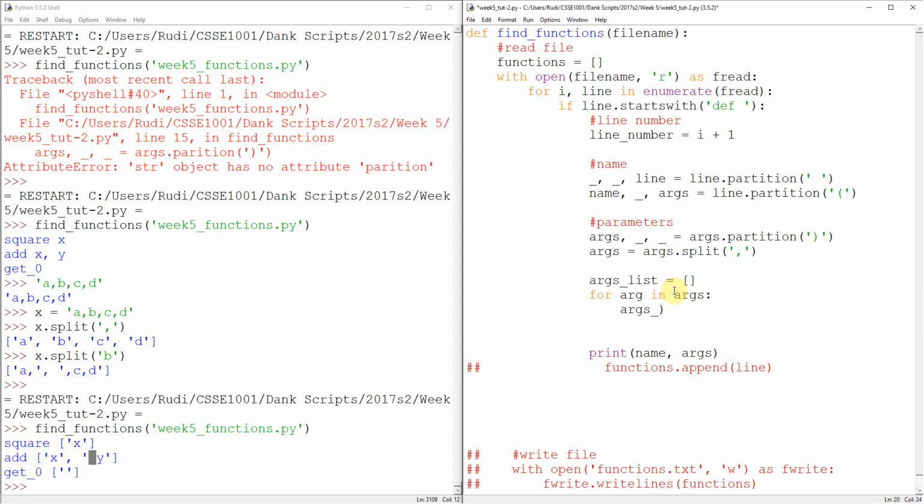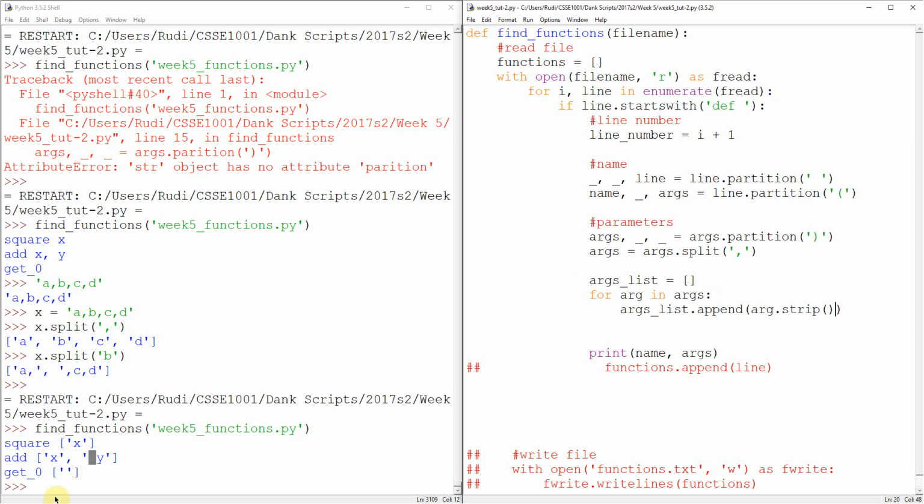And all we want to do is chuck them back into a list, right? So we want to append our arg back into the list. Obviously these two lines do absolutely nothing. But what we want to make sure is that when we put the arg back in, it's got no white space. So hopefully you remember from your assignments that we can actually just strip all white